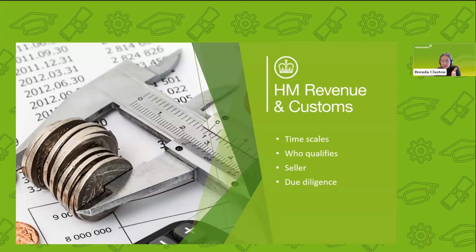Now, during this transition period, agencies are not required to conduct due diligence on sellers who registered before January the 1st of 2024. So what does this mean? This means that only new sellers registered in 2024 will need to be reported on. However, there's a caveat. If you collect any information on these legacy sellers during this period, that information must still be reported. So to avoid these initial complications, it's advisable to refrain from obtaining details from these legacy sellers until